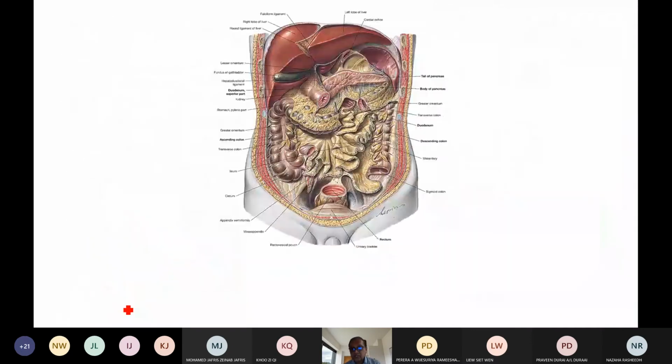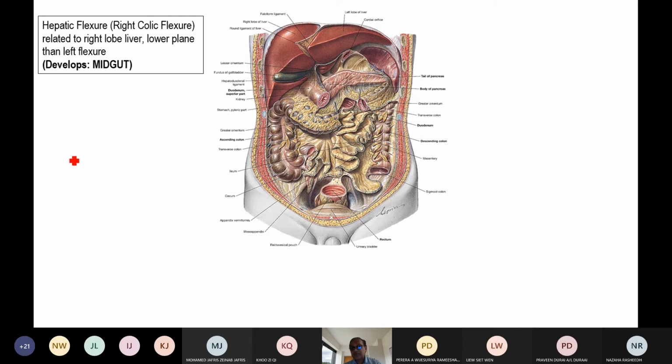Now coming to the colon, there are three parts here: ascending, descending, and transverse, correct? But don't forget that two important flexures are there. The right colic flexure is just related to the liver. Suppose you have a patient with colonic carcinoma, which is quite common in this region of the world. With colonic carcinoma involving the right colic flexure, which organ will be mainly affected? The right lobe of the liver.